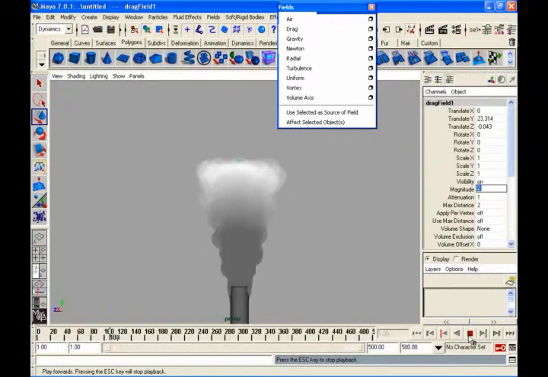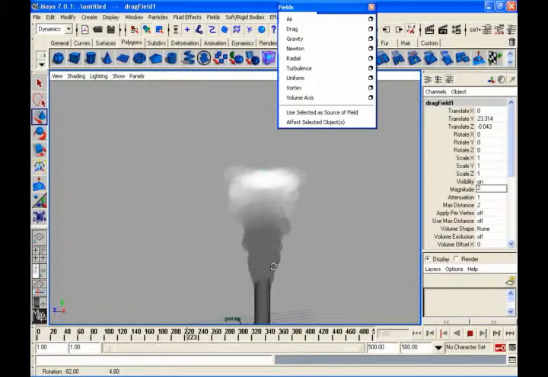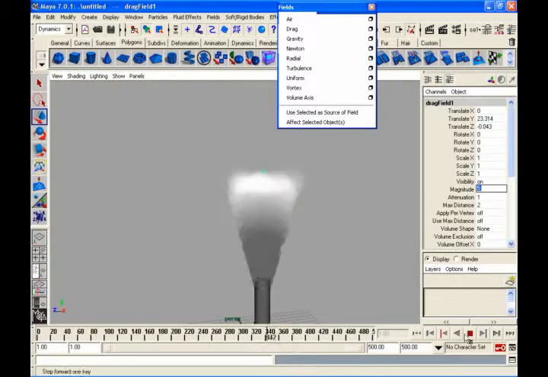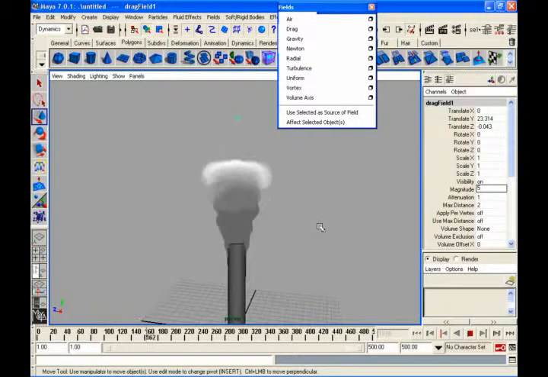More drag will create what? It will stop your particles from coming out also. See? They will stop there. Okay, drag means creating drag. Like that, you can use it on objects also, fast moving objects, you can create a drag to stop them slowly. That is your drag.